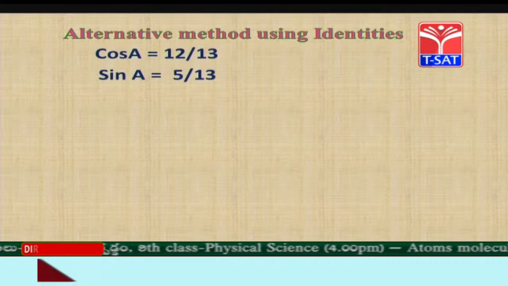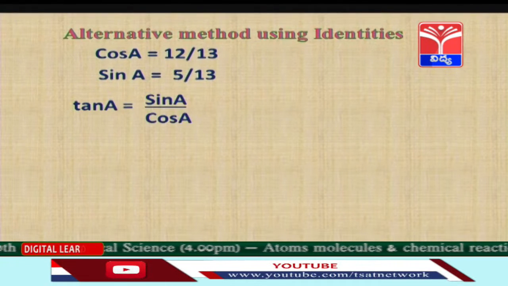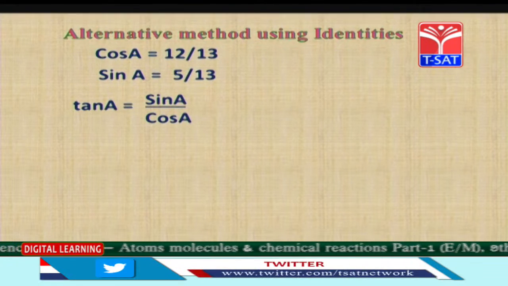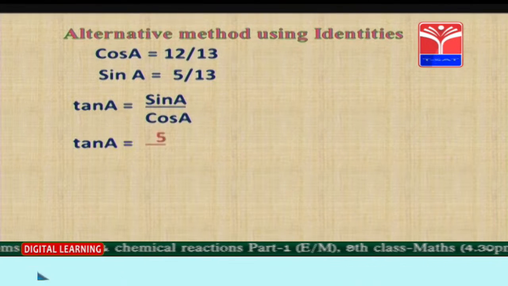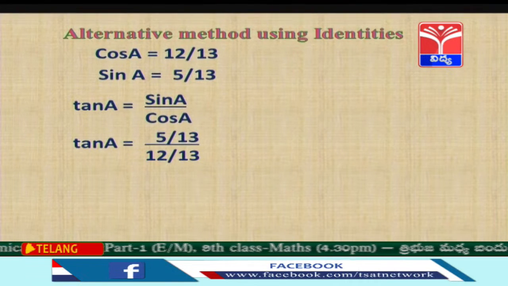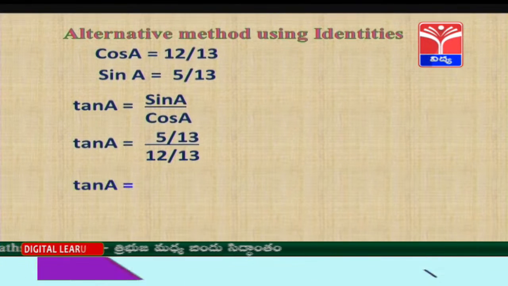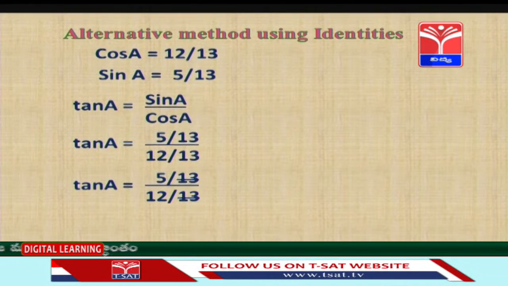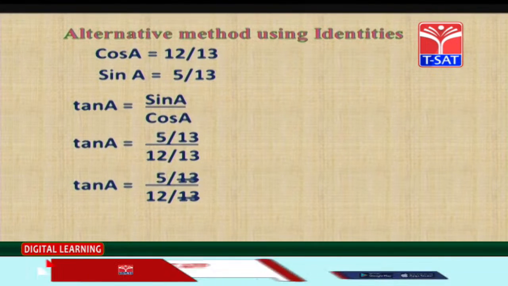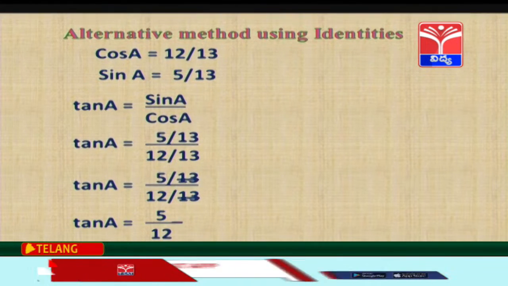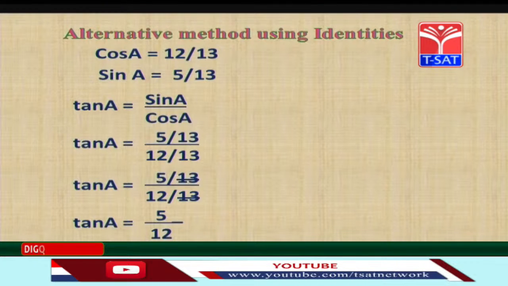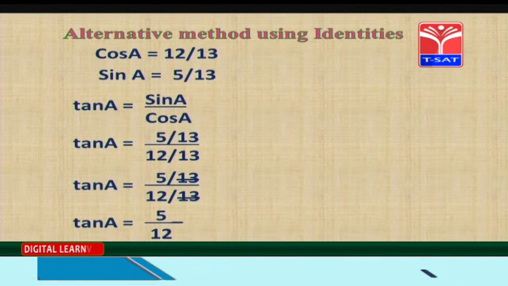Now, we have tan A equal to sin A by cos A, that is equal to how much here? 5 by 13 by 12 by 13. So, if I cancel 13, what am I going to get here? 5 by 12. That means, tan A value is equal to 5 by 12. So, in this way we are able to find the answers for the given questions by alternative methods by